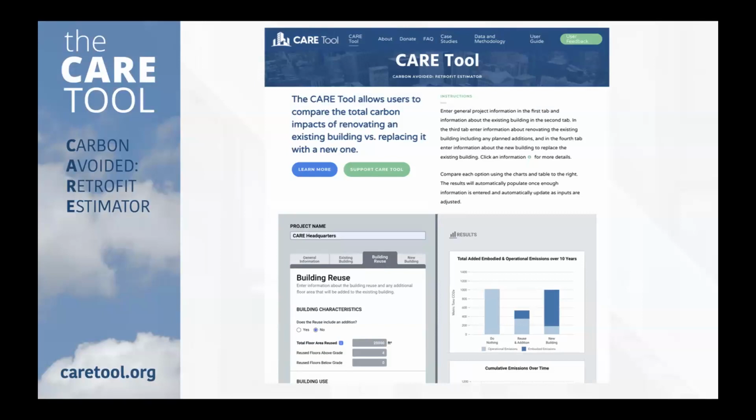This currently works at one building at a time. And we're planning on adding next year a portfolio feature, which will allow universities, developers, planners to evaluate portfolios of buildings to understand potential savings at a larger scale. We also need to beef up the data we have on single-family residential projects.